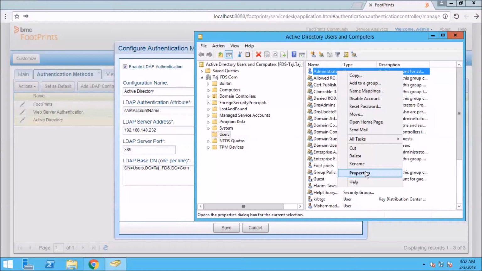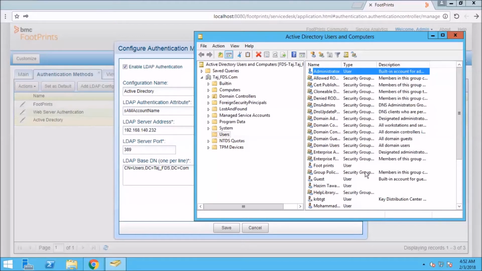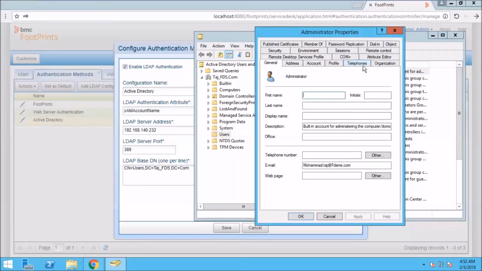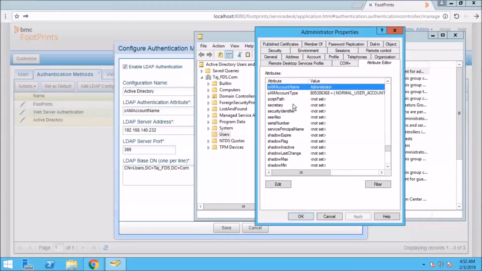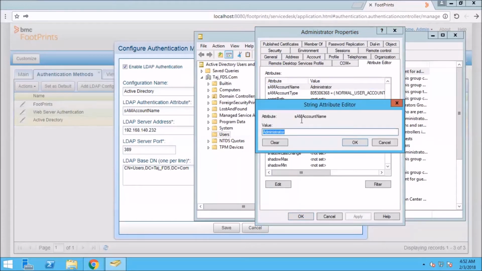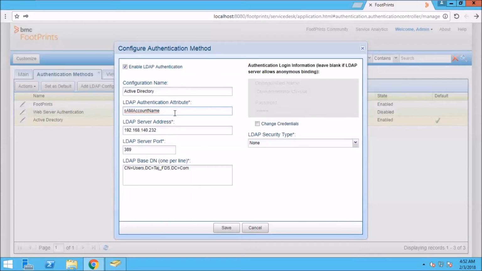Right click on the administrator user, go to the attribute editor, sAMAccountName, double click, you can find the value for this, and you can copy the attribute name, just paste